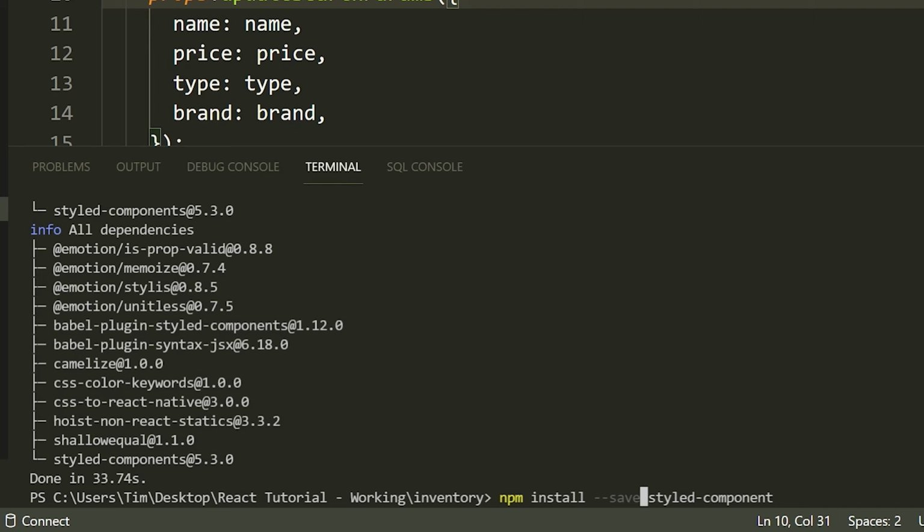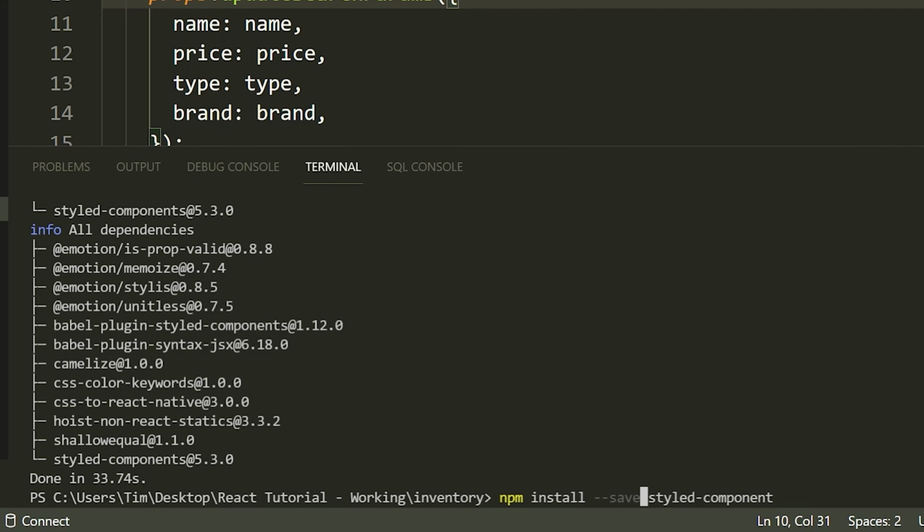So a lot of you were saying your yarn command was not working. If your yarn command does not work, you can just usually replace whatever I write with npm. I'm not really going to explain the difference between npm and yarn right now. You guys can look that up and see the difference between them. Essentially, they're just 2 different ways to go about managing packages. Yarn is usually preferred if you have it.